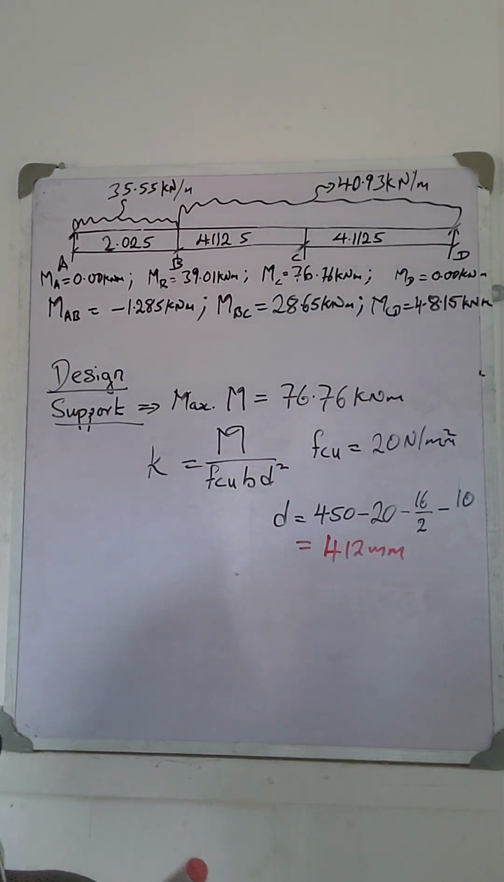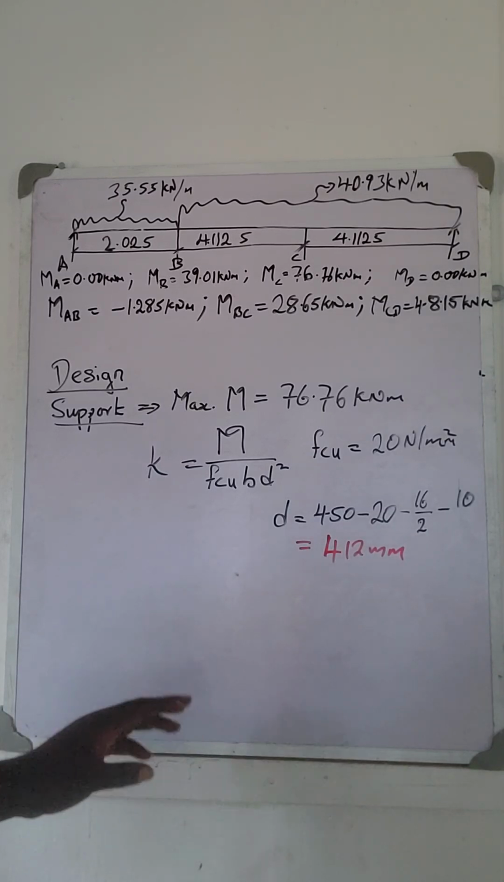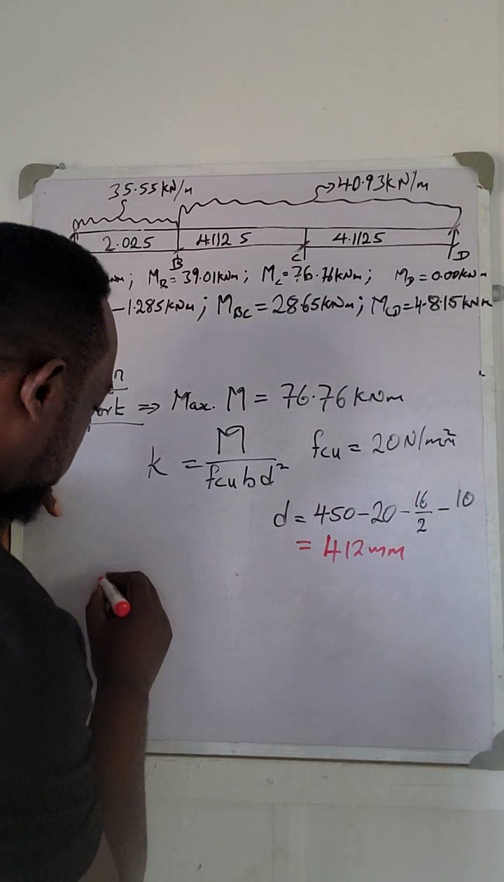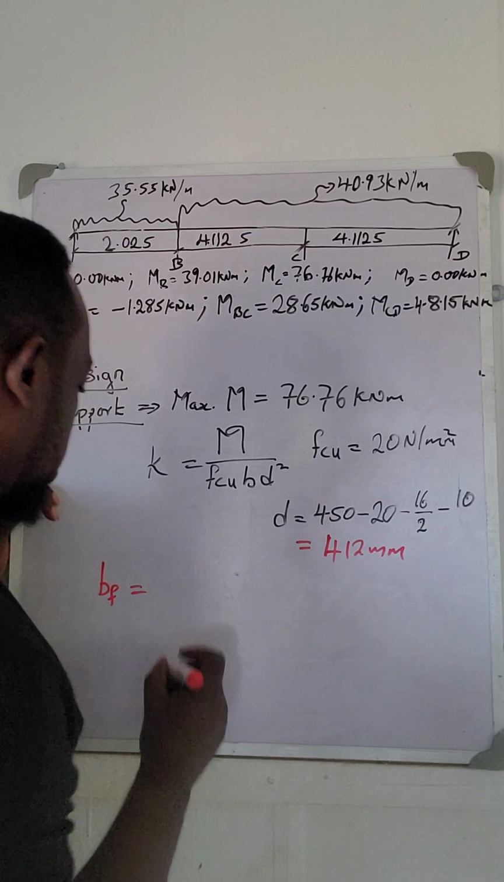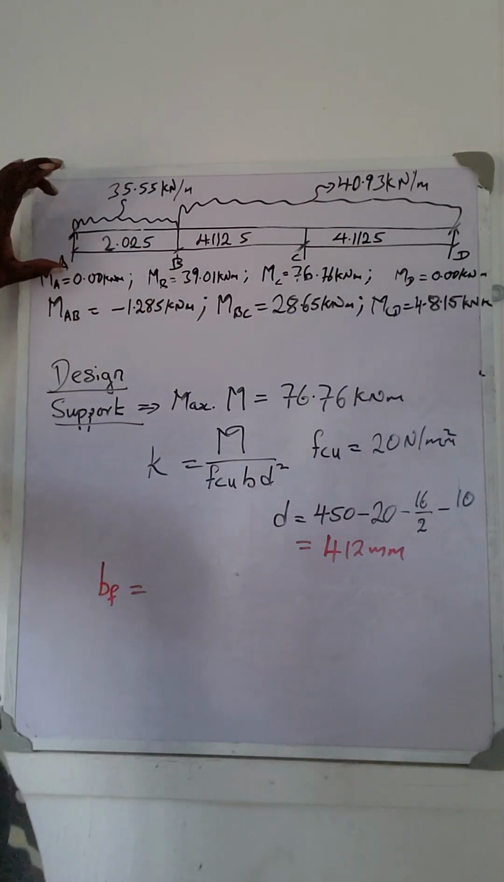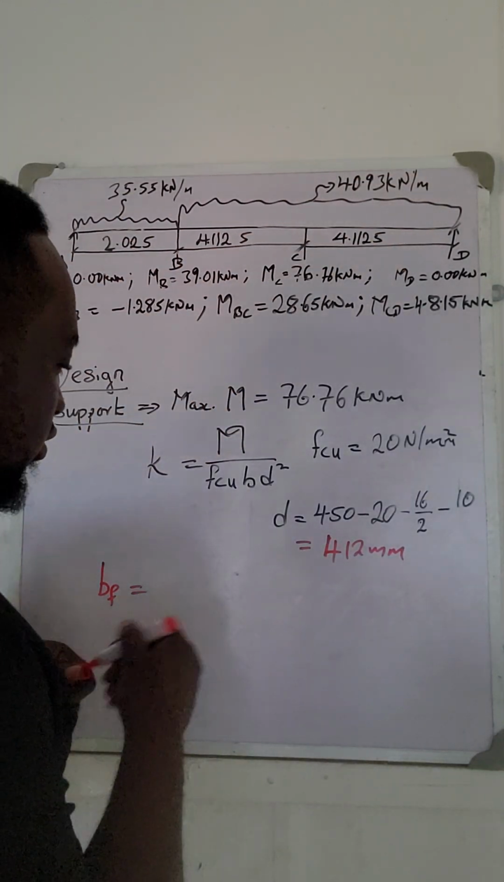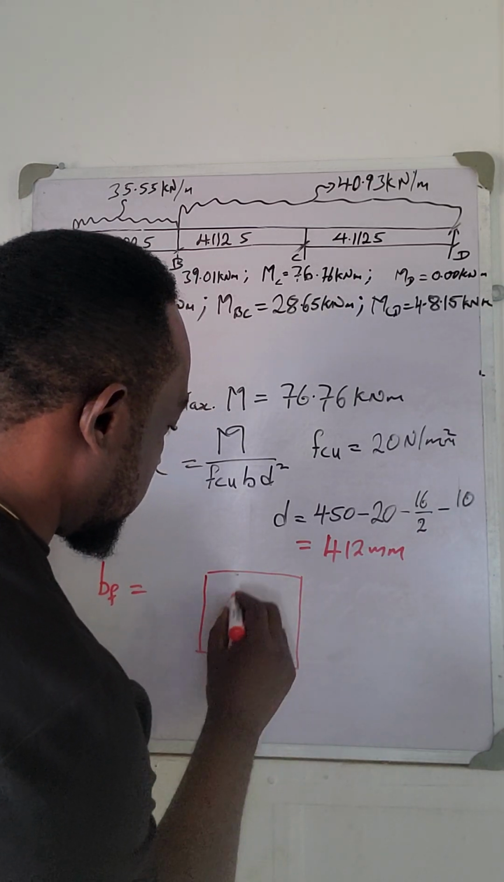Okay, that's what we have here. Now we also have B. From here, we'll talk about the flange width of the beam. All right. Now, from our design, from the beam, if you have a design like this,